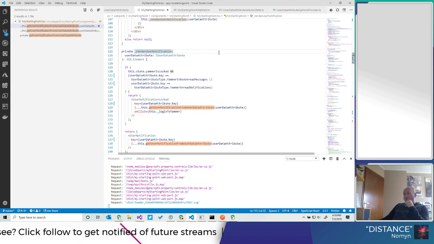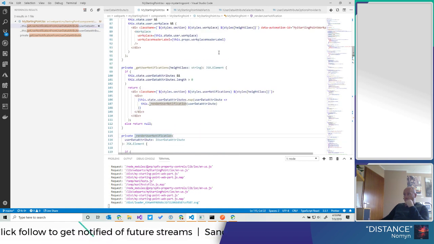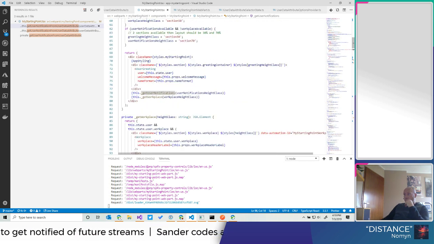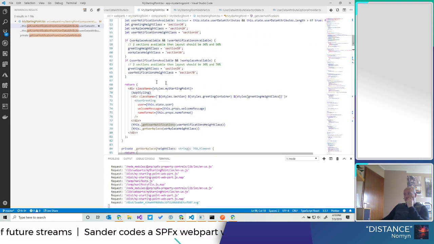So it renders the user notifications, get user notifications. Yeah, so this is basically the render function.